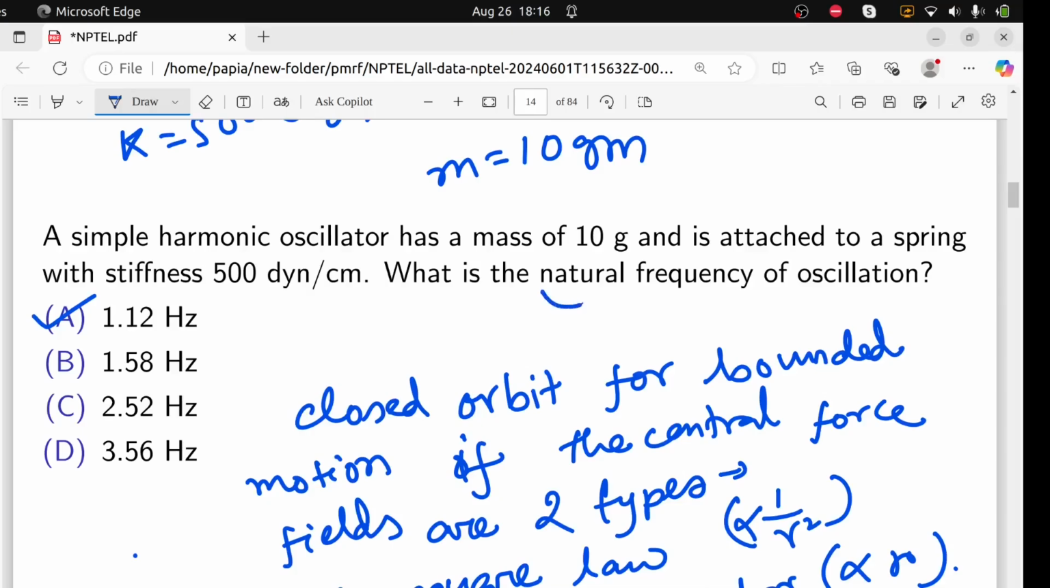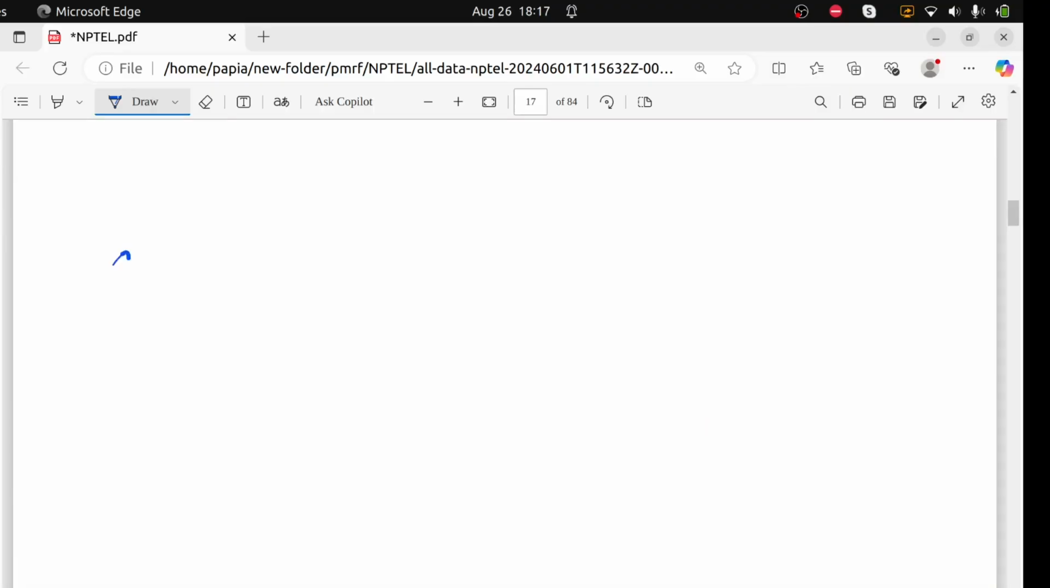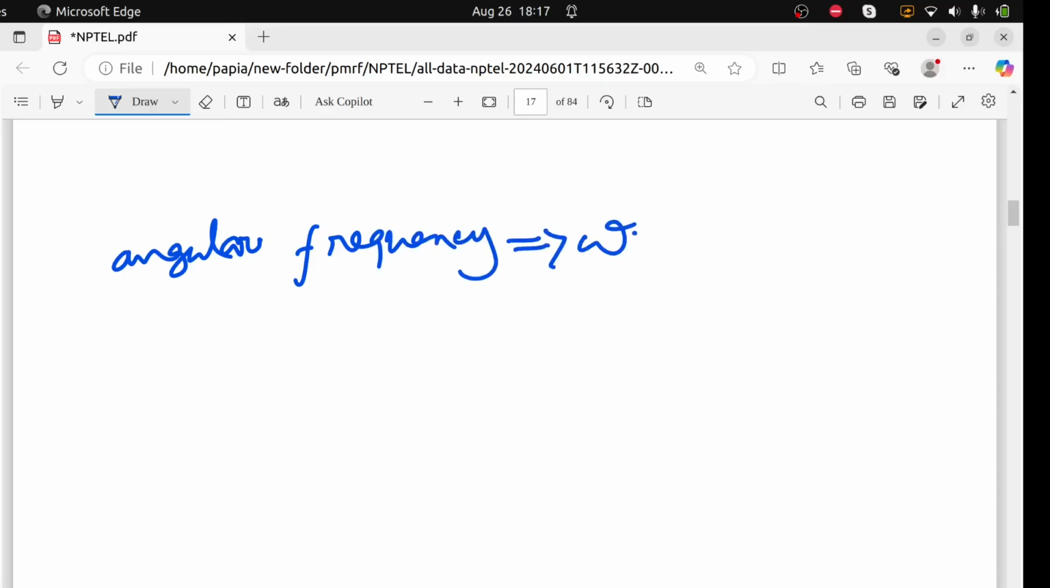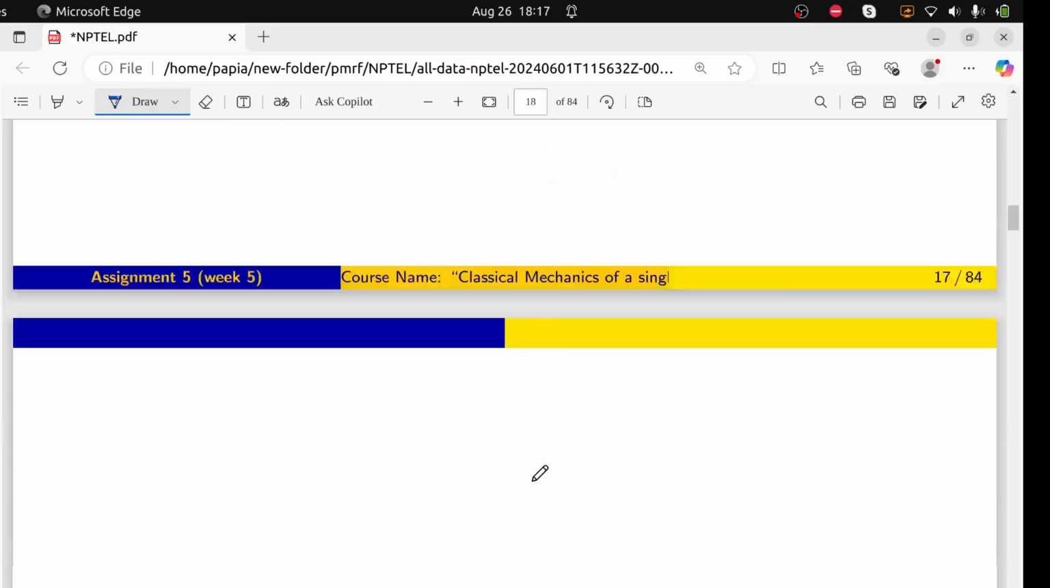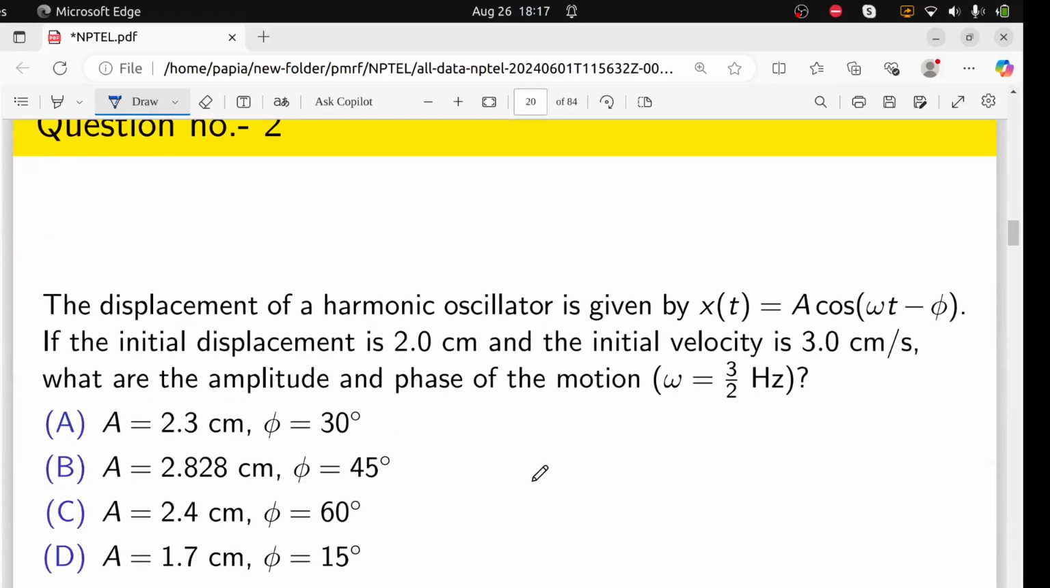So obviously we have to take care about the language, that they are asking about the natural frequency, they are not talking about the angular frequency. If it is angular frequency, that is omega, and the natural frequency is f. So that is 1.12 hertz. Now coming to here,